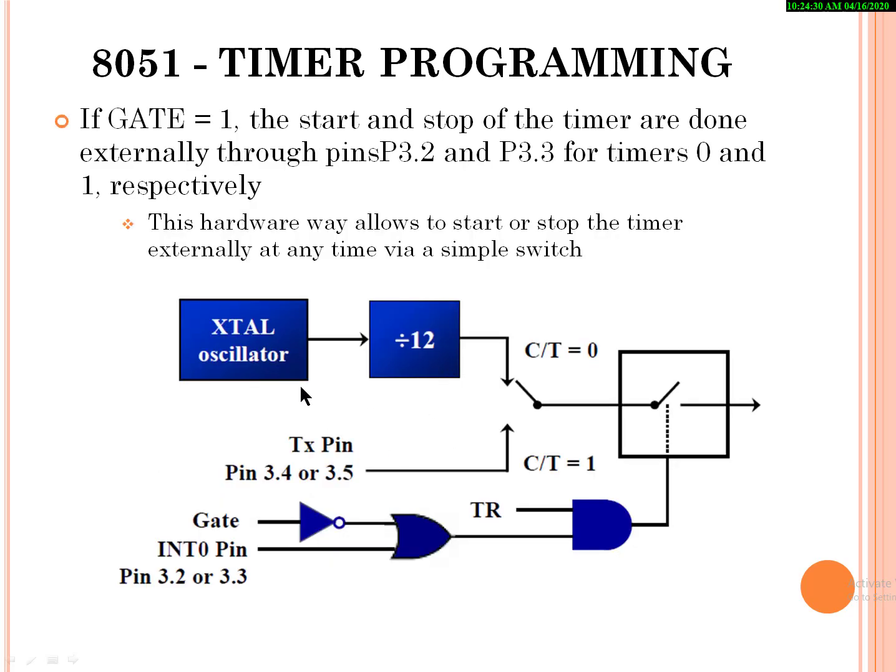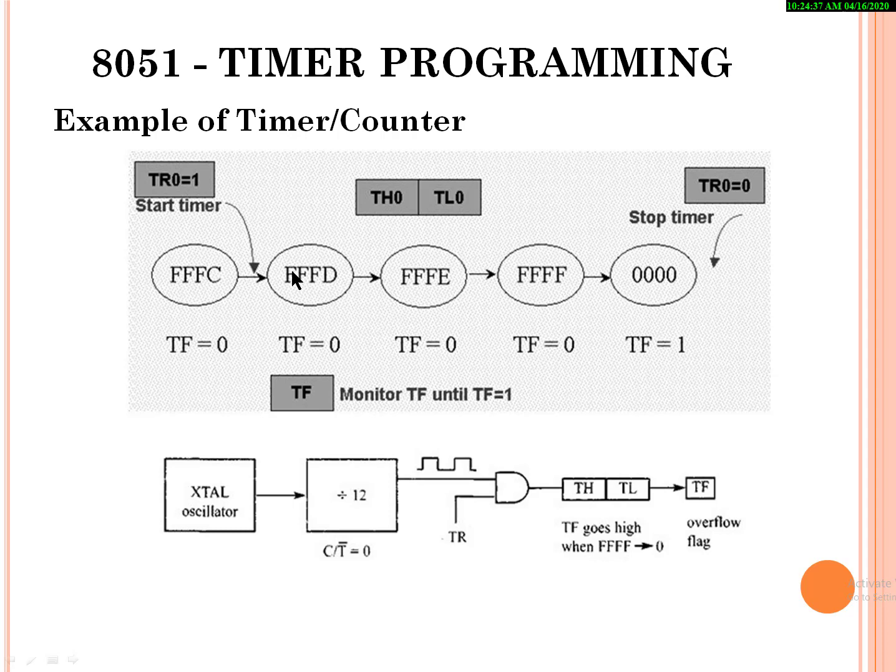With each clock pulse received, the count is incremented. So say the initial value is FFFC, and when the first clock is received, it is incremented to FFFD, and when the second clock is received, it is incremented to FFFE. Likewise, when the counter reaches the terminal value, which is the last value, it will roll over to the initial value. Right? So you take for this case.